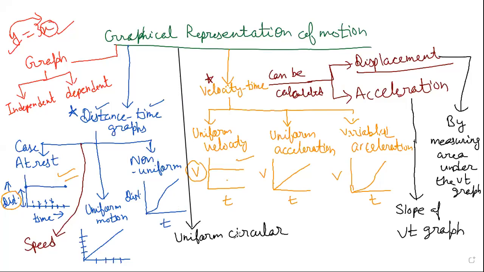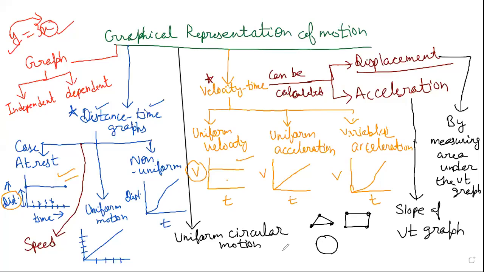In uniform circular motion, you have done about when a body moves in a circle, right? So if I say a body moves in a triangle, then how many times will it change its direction? 3 times. When a body moves in a square or a rectangle, how many times will it change its direction? 4 times, right? Same if I keep on increasing the sides and finally I reach the circle. So what does it mean? It means that the body will change its direction at each point.